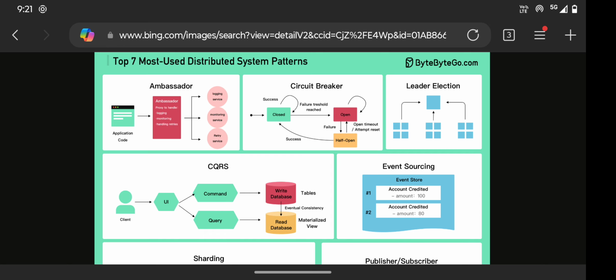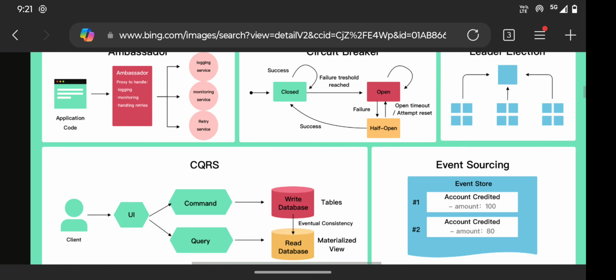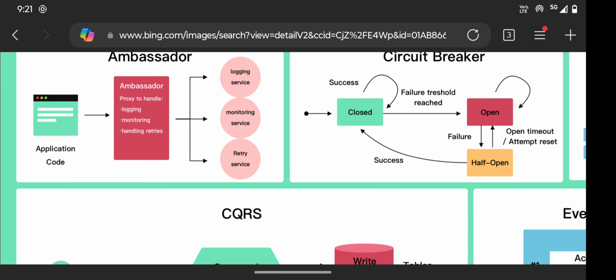Alright, so the first design pattern I will talk about is the ambassador design pattern. You can see in this diagram there should be some